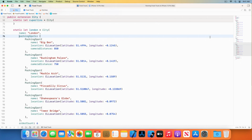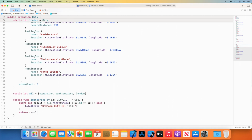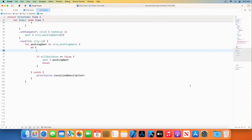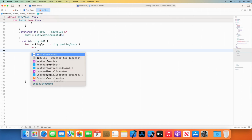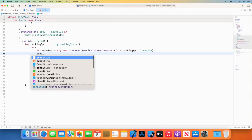To make sure my customers don't get caught in the rain, my app is set up to recommend a parking spot with clear skies. Let me show you how I can get the weather. Here I have a list of saved parking spots. I've already added the WeatherKit capability in Xcode, and all it takes is a few lines of code. With Swift concurrency, requesting weather is simple. We call weather for on weather service and pass in a location. Then I can get the relevant data I need for my app, like condition,